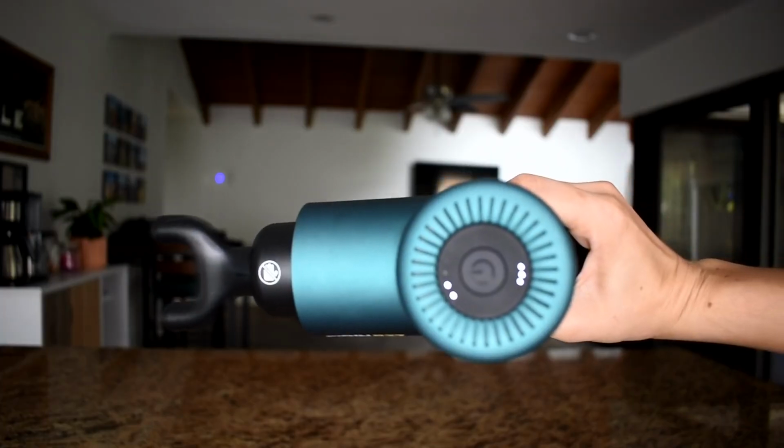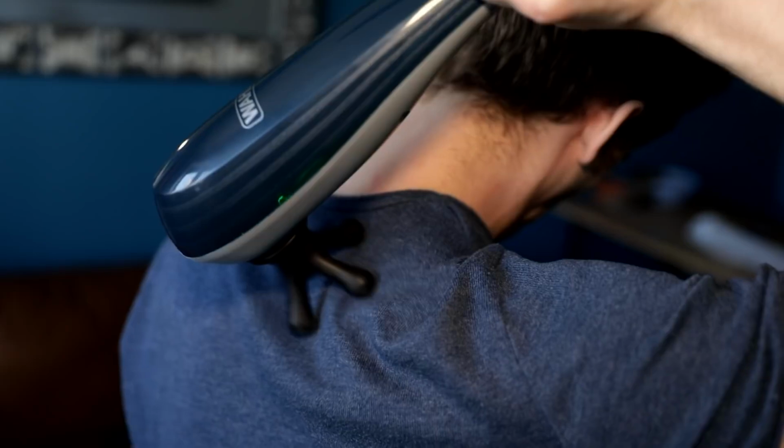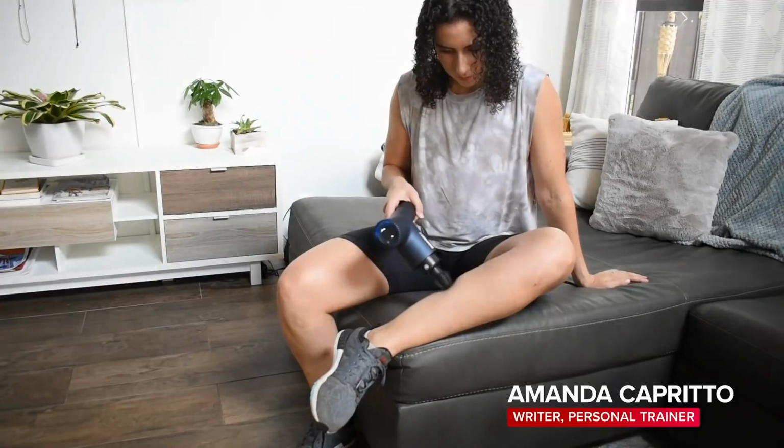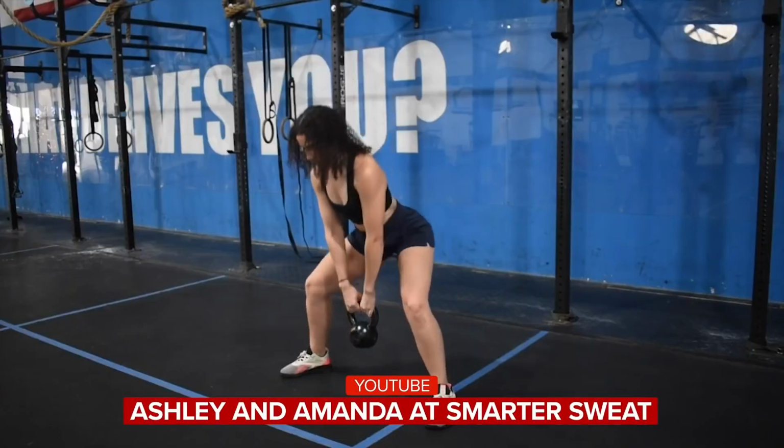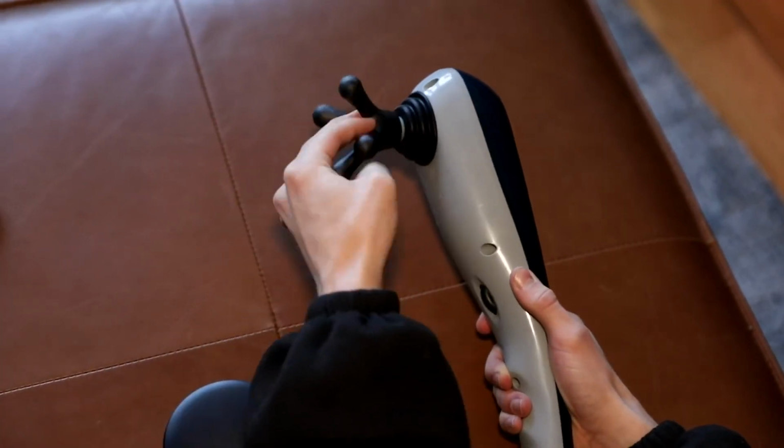Percussion massage guns. They're a hot category, lots of them out there. And with a little help from my colleague Amanda, who's a writer and personal trainer who tests health products for CNET, I'm going to show you a bunch of top massagers and highlight a few of our favorites, including some that are really affordable. You'd actually find plenty of massagers that cost less than $50, and you can even turn